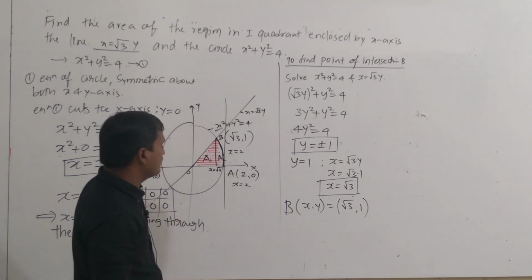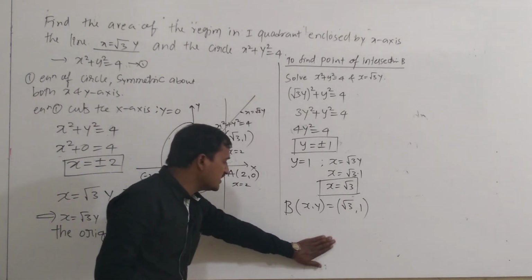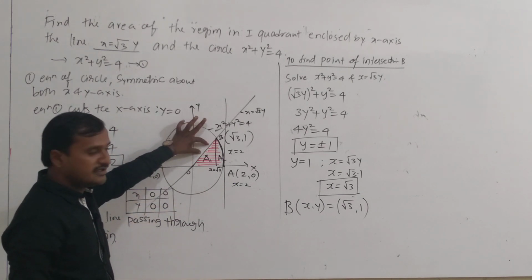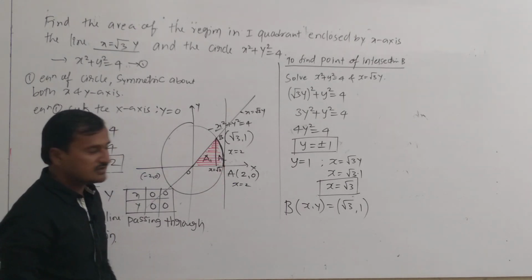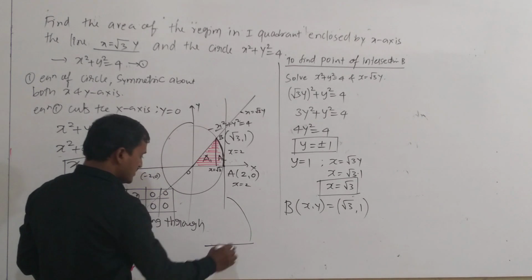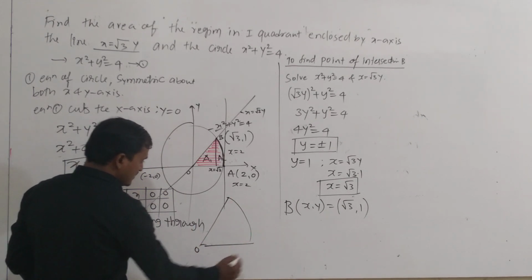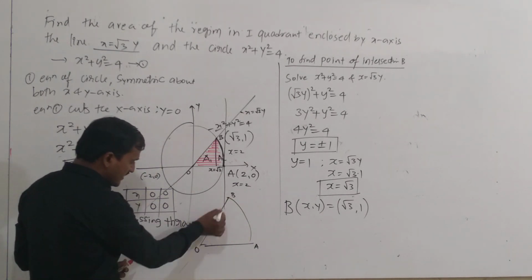A1 gives the area enclosed by the line. A2 gives the area enclosed by the circle, because here you got like this. So here it is like this. This is the circle, right? So here it is the origin. This is a point A. This is a point B. Actually I should find this area.